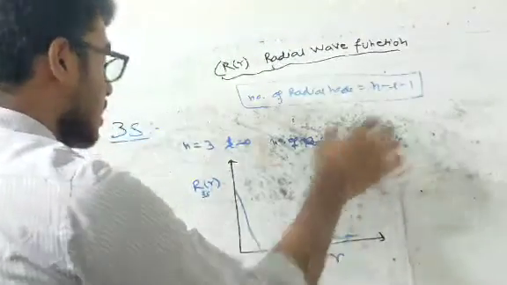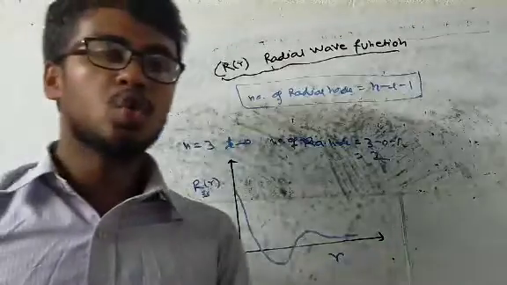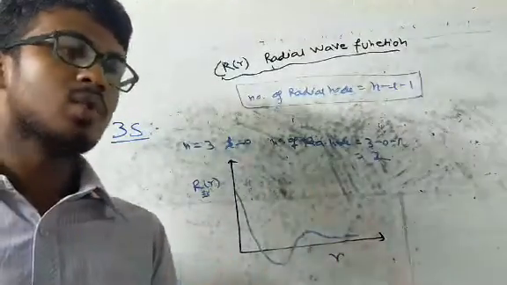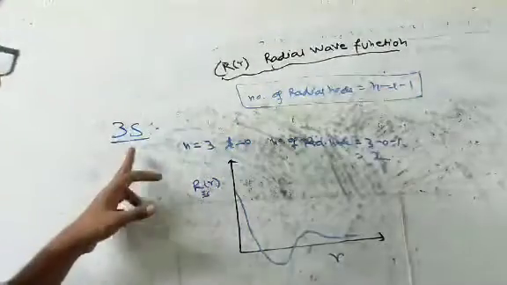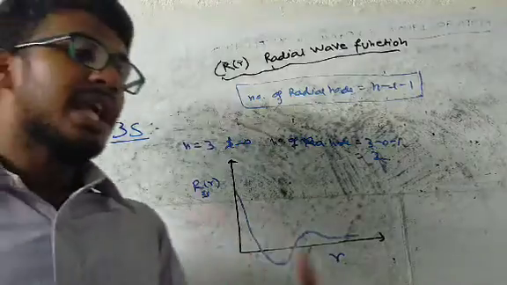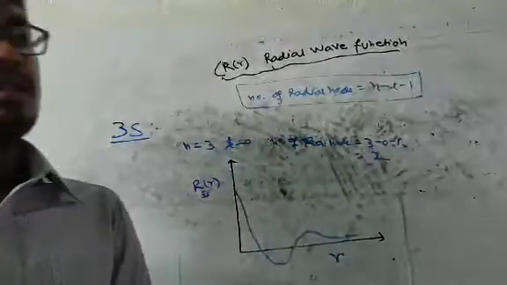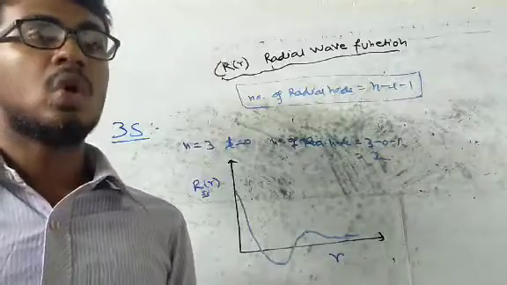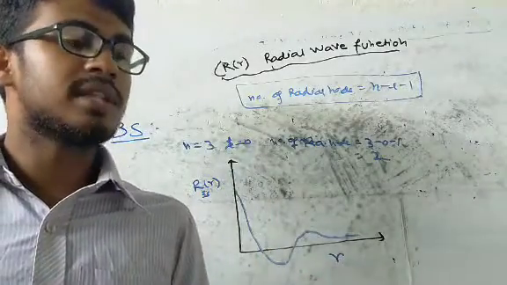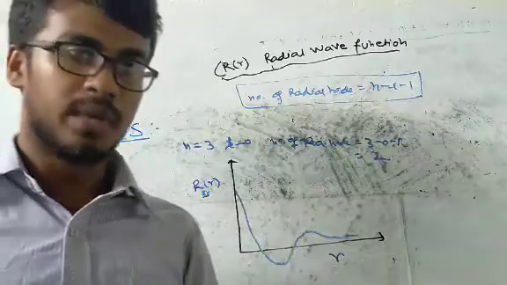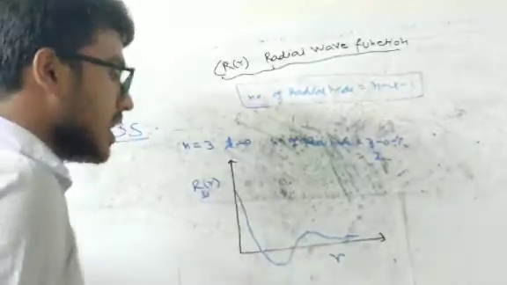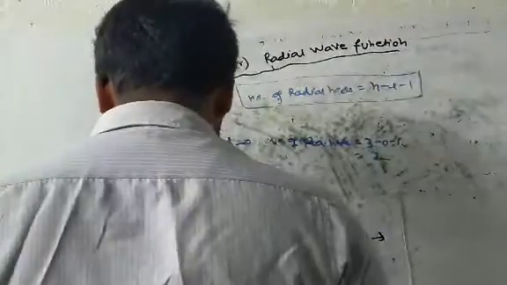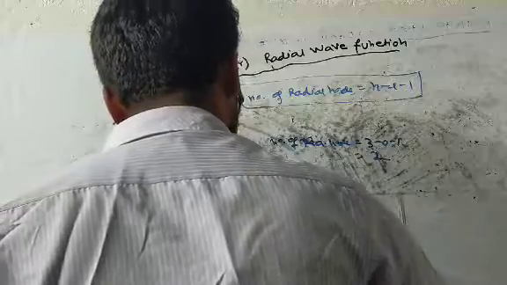In this graph, as there are two nodes, that means in the three-dimensional region around the nucleus there are two regions where an electron cannot be present. If any electron is present in the 3s orbital around the nucleus, we will find two regions where the electrons of 3s cannot be present, at this distance and this distance from the nucleus. So these two regions are the radial nodes.